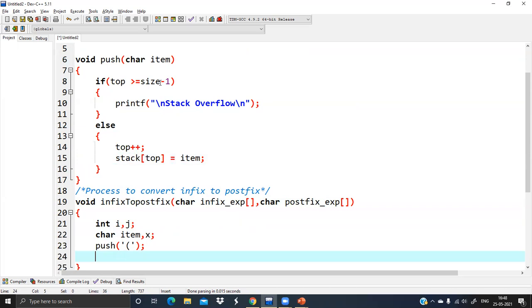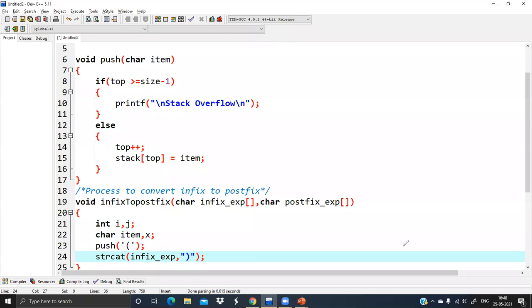After that, I am keeping a right bracket at the end of the infix expression to mark the end. We can use the predefined string concatenation function with infix expression, then right bracket.